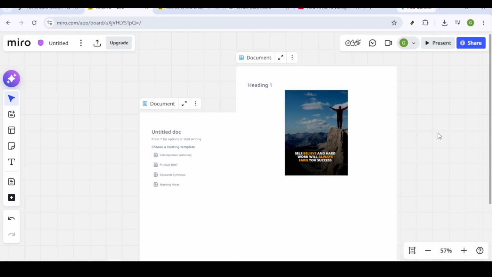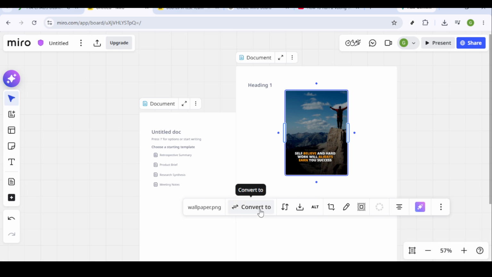Just drag and drop. After you've successfully added your image, let's look at how you can modify it to suit your board's layout. First, to adjust the size, click on the image and look for the small squares that appear at the corners. By clicking and dragging these corners, you can resize your image to perfectly integrate with the other elements on your board. This flexible resizing ensures that your image fits well with your overall design without overwhelming the